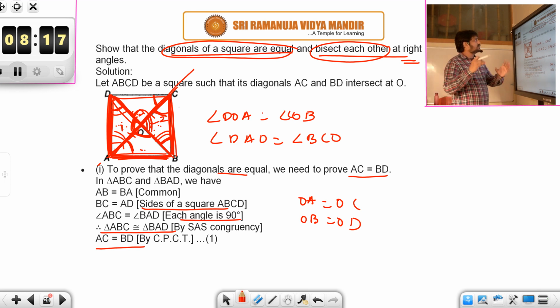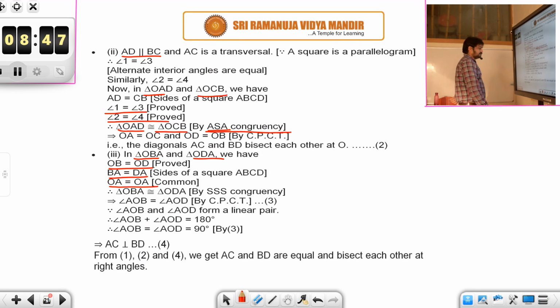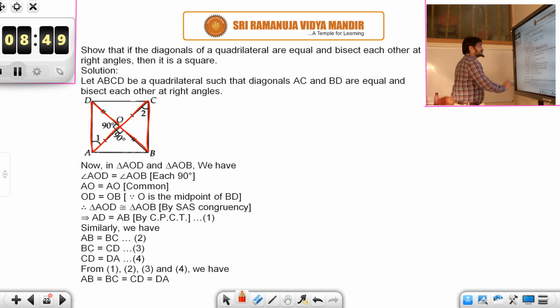Okay, students, try to prove each part by part without any confusion. The proof will be very easy, because for all the questions you will be using similar kinds of proofs. That is, using the congruency rule, you will show that triangles are congruent, then you will be using CPCT, and then you will be deducing your results. So go one by one, step by step. Here, in the first step we have proved that diagonals of a square are equal, in the second step we have proved that they bisect each other, and in the third step we have proved that they are at right angles. So let's look at the next question.